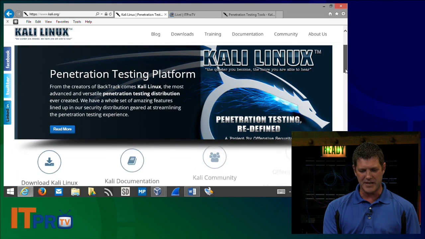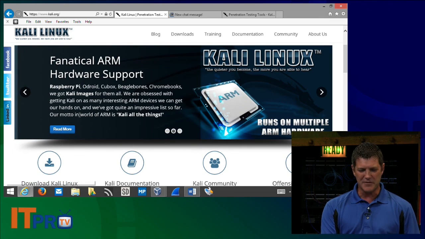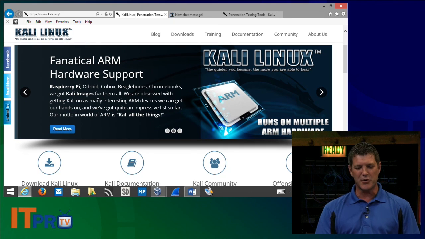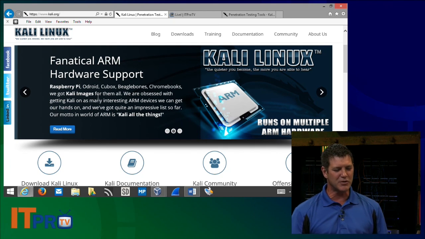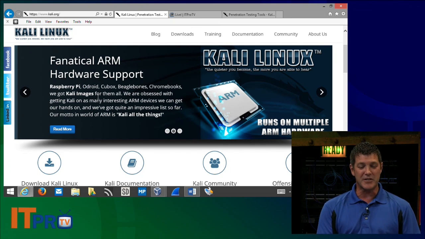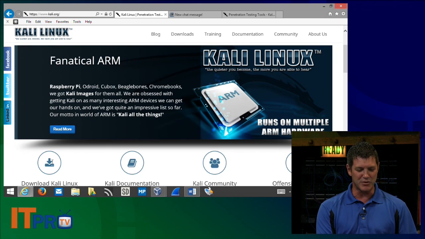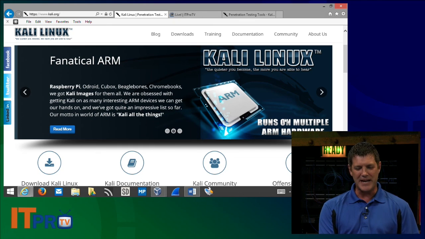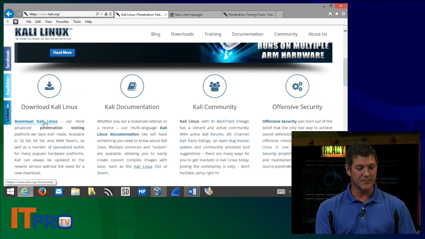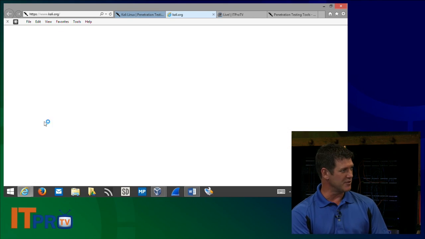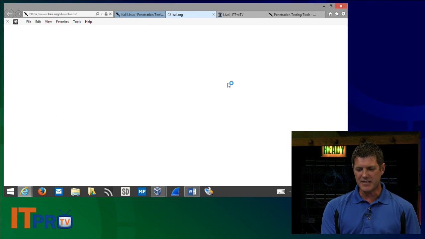We can see that it'll run on, there we go, Raspberry Pi, Odroid, QBox, BeagleBones, Chromebooks, anything with ARM architecture as well. So really, really flexible. I mean, I can see building your own little custom Ras Pi or something like that, put it on there. Could be kind of cool. So yeah, that's really what you've got to do, you've got to pay attention to which flavor you need. And then they've got some other options below that.